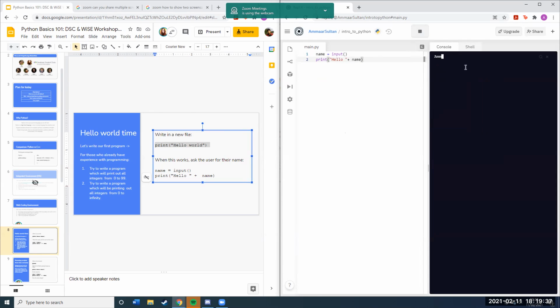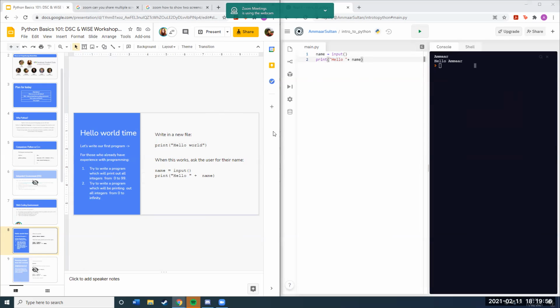So what I'm going to do is input my name, Ammaar, and it says hello, Ammaar. That's it. Really simple. So the input just stored my name or whatever value is put in into this variable, which just stores information. And then it outputs hello plus my name. That's about it. It's just a little taste, and you don't need to understand every part, like what exactly a variable is, how exactly to output, why there's a plus there. It's okay. We'll get to that in time in the series.